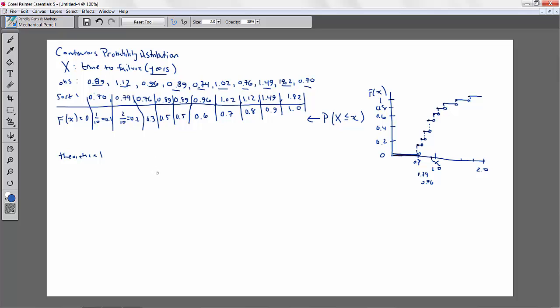Now, in this case, we may have a theoretical distribution to model the existence of time to failure. And specifically, the one that probably makes the most sense is a Weibull distribution. So a Weibull distribution has a PDF expressed with the equation f of x is k over lambda times x over lambda to the power k minus 1 times e to the negative x over lambda to the k power, where here k is something called a shape factor